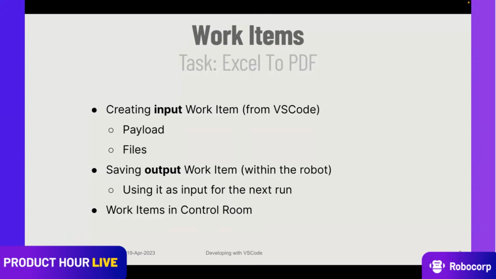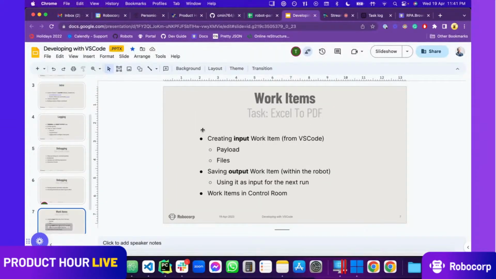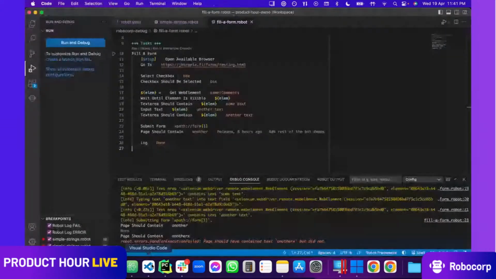You can see these work items as like a pipeline. Like have a pipeline where there's a package coming in. Your bot processes it, and then maybe it produces an output that becomes an input for the next bot, which may produce an output or not. That becomes an input for the next one, and so on and so forth. These are like small packages with data. In reality, they are just JSON structures containing data that you can input, including files. And luckily, you don't need to create such kind of stuff from scratch.